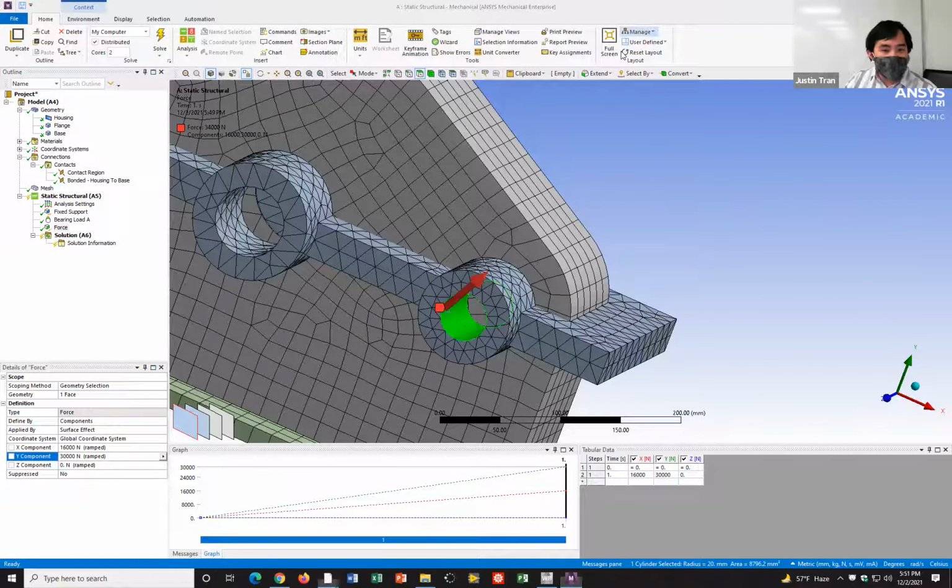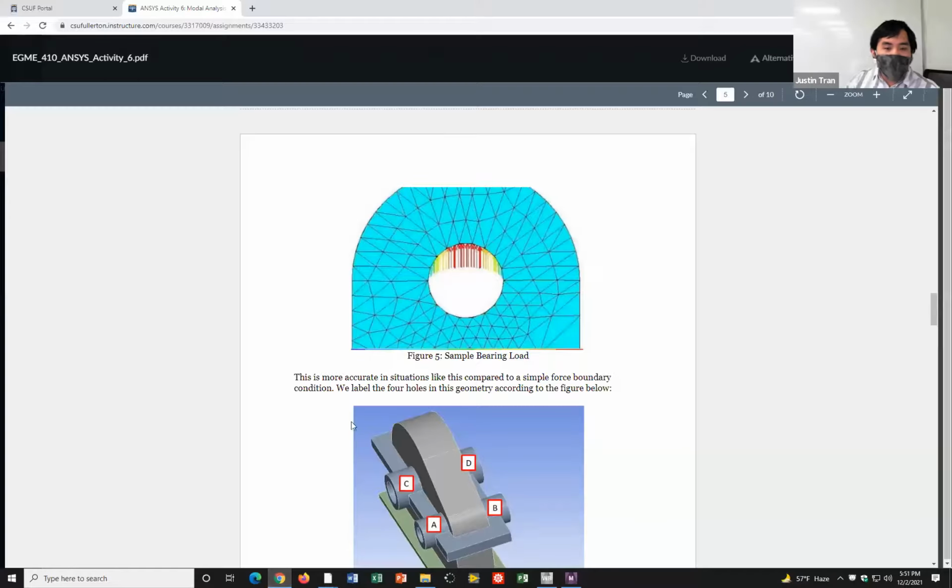Visually, it might look something like this, where you have arrow, arrow, arrow on all the different aspects of that surface. But for bearing loads, if you have a shaft inside there that's being pulled, you want the force to be distributed only on the parts that make contact with the hole. So you want a distribution that looks more like this. Here we have a shaft inserted into this hole and being pulled upwards, so there shouldn't be any force on the bottom of the hole because the shaft isn't making contact there. It's only making contact on the top.